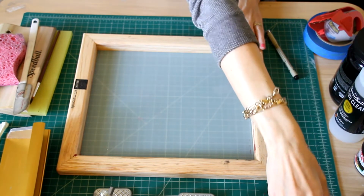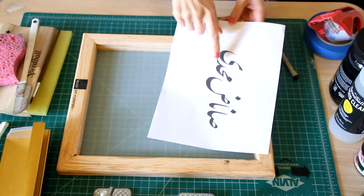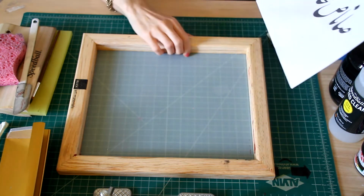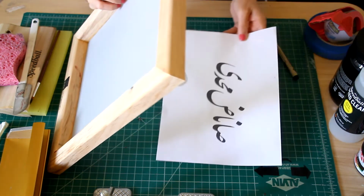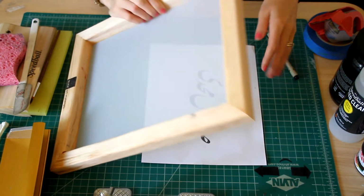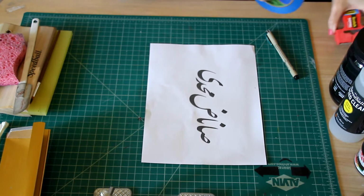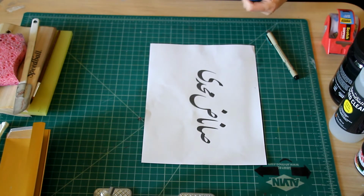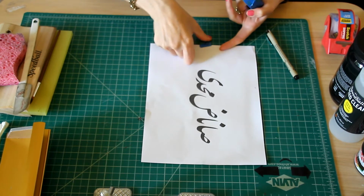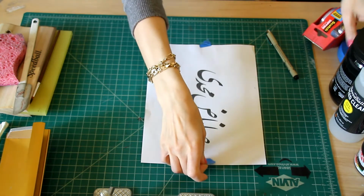So now I want to show you how to transfer your image on your screen. You just need to lay down your image under the screen. You can tape it, especially if you have details on your image, it's better to tape your image so it's not going to move during the